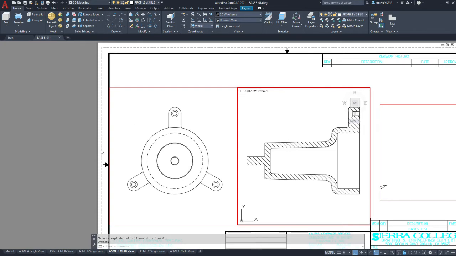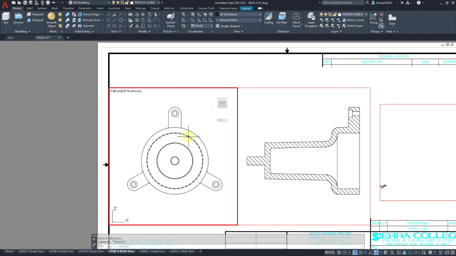Now we need to modify the hatch as well, and that hatch has to be exploded using the explode command with an E. So now we type explode, and we're going to select our hatch, which should turn it into individual entities as well. Now let's move our things to various layers.